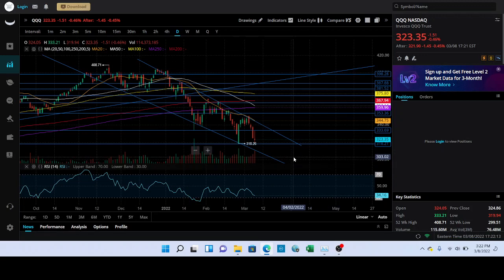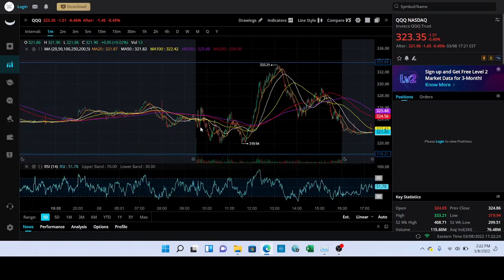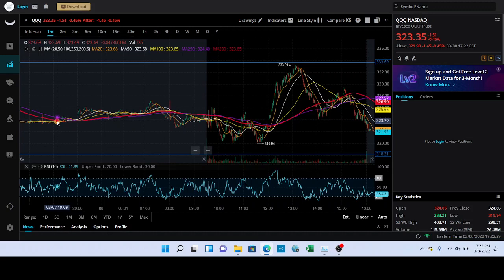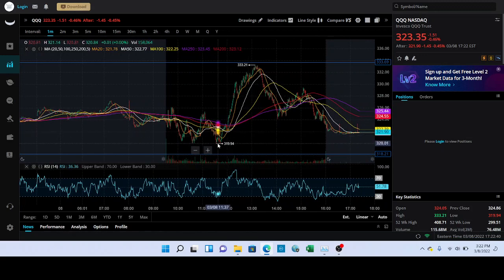Now, today I definitely saw some crazy stuff going on. So, I'm just going to flip on to the 1 day. And we're looking at Nasdaq QQQ. So, when we look at this 1 day chart, we can see some pretty crazy price action. I mean, we opened up right around 324, and then you can see this move. We had just a low of 319.94. And then from that low, we had this massive rally that took us all the way up to